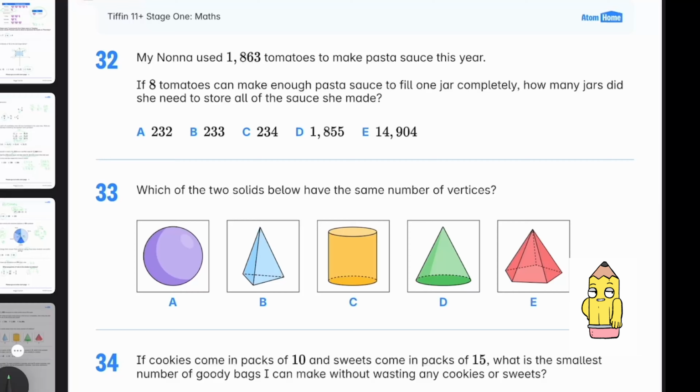Okay, question 32. My nonna used 1,863 tomatoes to make pasta sauce this year. If 8 tomatoes can make enough pasta sauce to fill 1 jar completely, how many jars does she need to store all of the sauce she made? So we must first figure out how many 8s go into 1,863. So if I just zoom in a little,